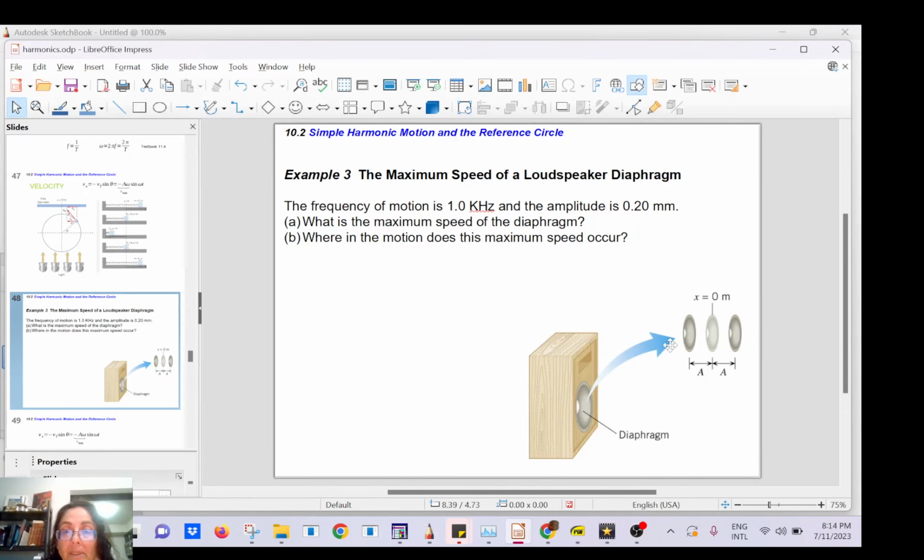So you have the diaphragm. It's a loudspeaker, and it will behave like a simple harmonic oscillator. So it will be pushed and pulled with a magnet. It's an electromagnet, so it's going to be vibrating about its equilibrium. It has an amplitude A, and they want you to find the maximum speed. Okay, so